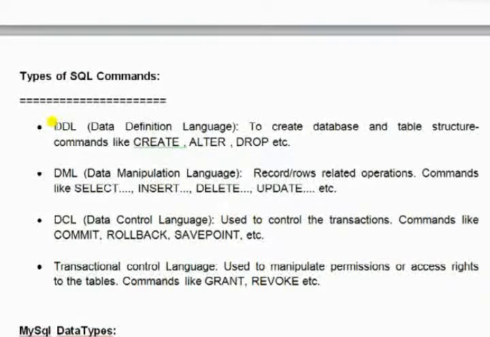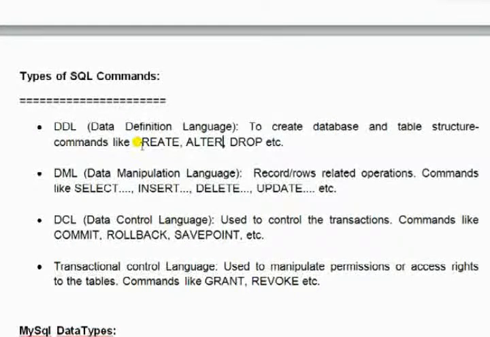Now, talking about the database commands, they fall in a few categories. First is DDL, that is data definition language. These are common database commands, like to create a database, to change the structure of the database, the alter command, the drop command to remove tables or fields.